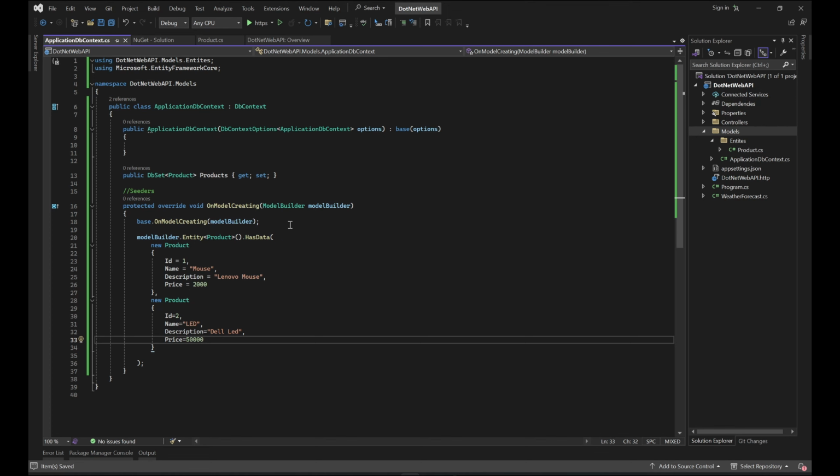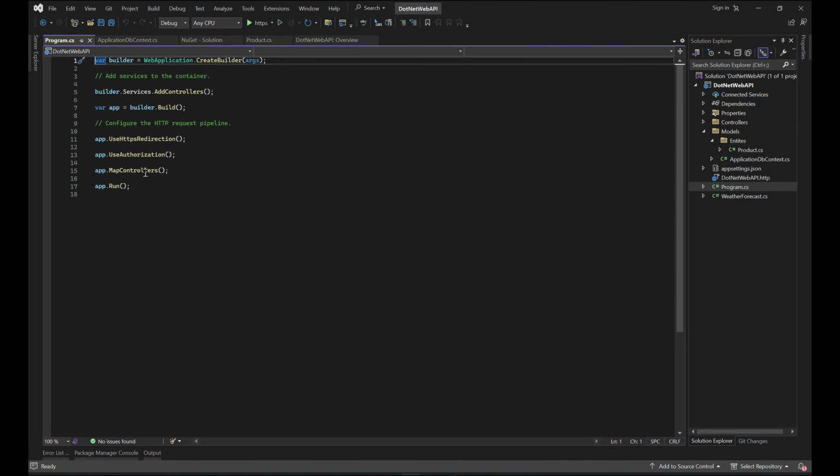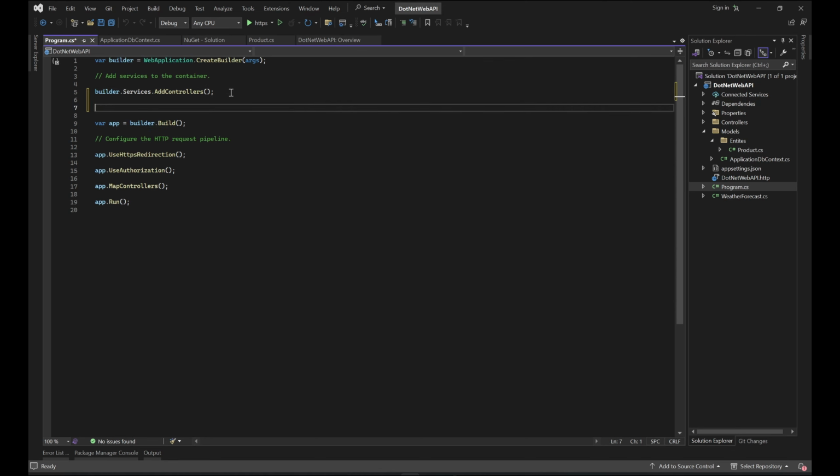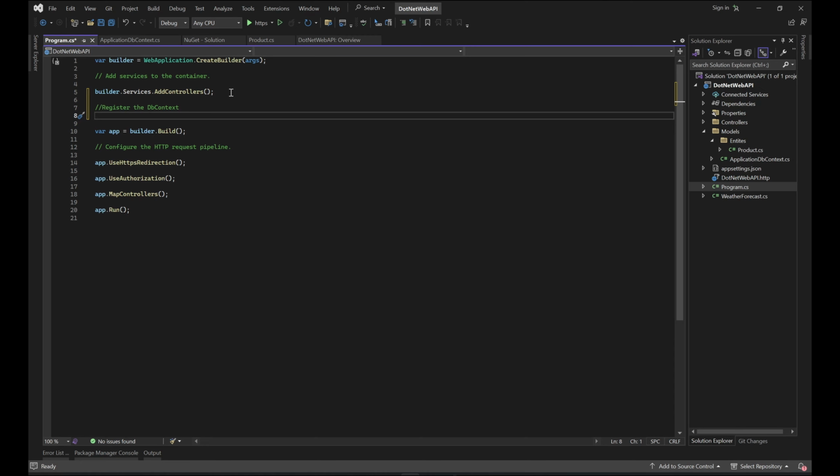Okay, we have created the entities, we have added the application DB context, we have added the packages. This time we have to register this DB context in our program.cs. So open up your program.cs. Before var app equal to builder.Build, we have to add the DB context. Rather, we have to register the DB context. Okay, but before registering the DB context, we have to copy the